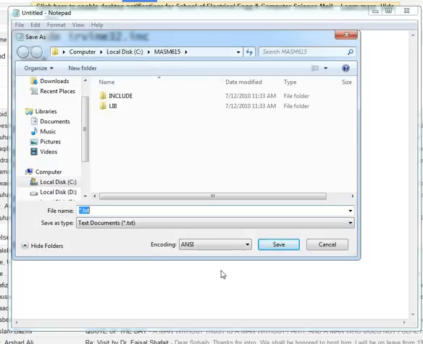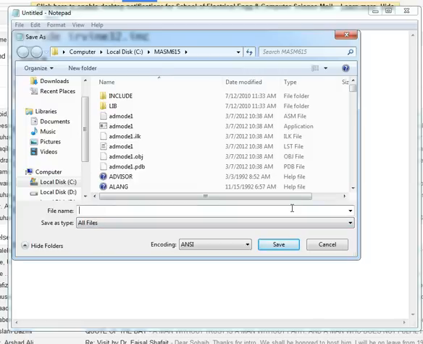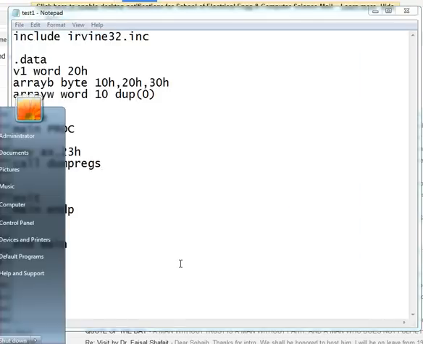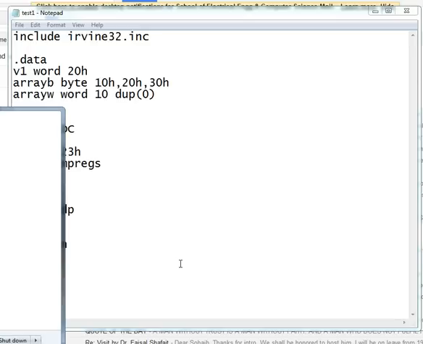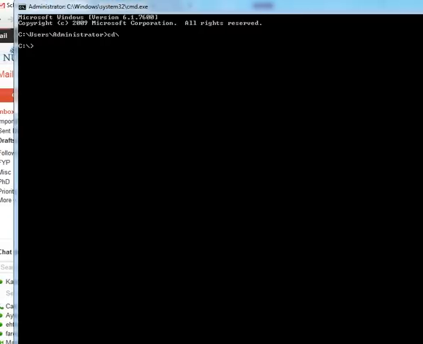in the same MASM 615 folder. Here select all files and give it any name, like let's say test1.asm. So you have to give the extension .asm. Then open up the DOS prompt or the command prompt, and now go to the MASM 615 folder,